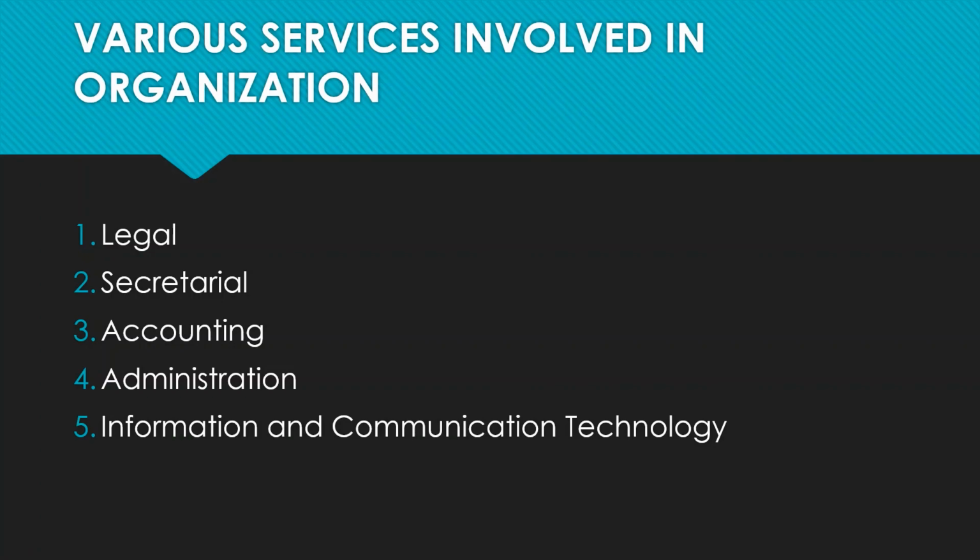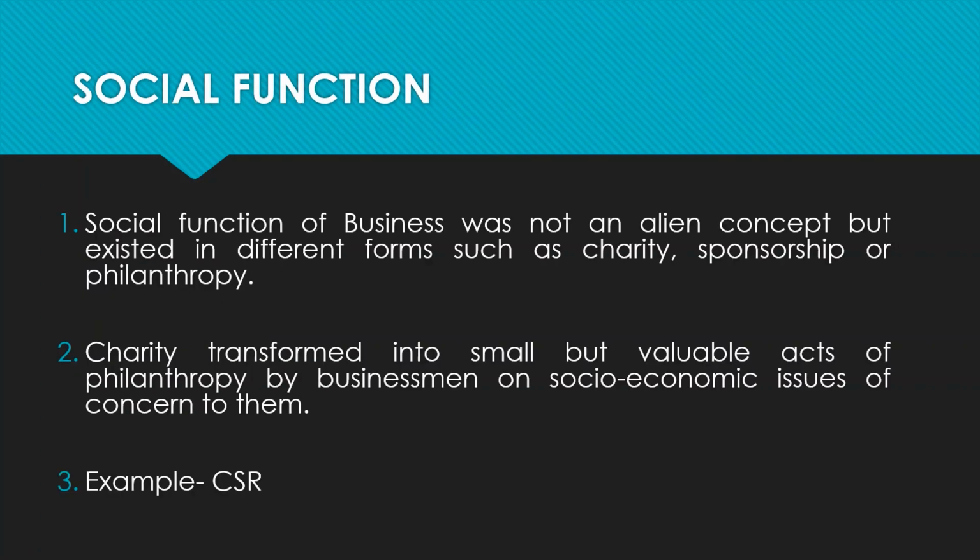Finally, the last topic is social function. Social function means a company or business organization should perform certain social functions. That means it is a part of CSR, that is corporate social responsibility. One example is CSR. That means you can do charity, sponsorship, philanthropy. Whatever profit you are having, some profit you can spend for the society or for social purposes. Okay, you can do charity. For that, a lot of benefits you are going to get, like tax benefit, etc. So these social functions also can be done by the business organization or by the enterprises.